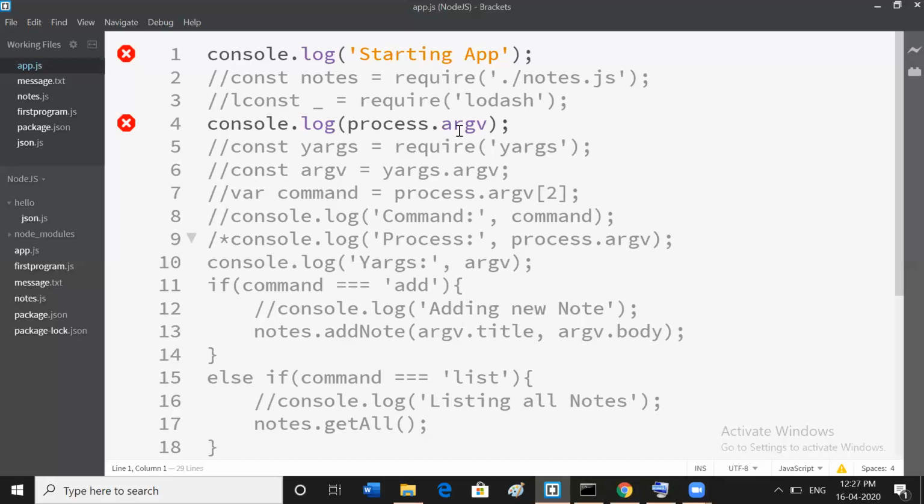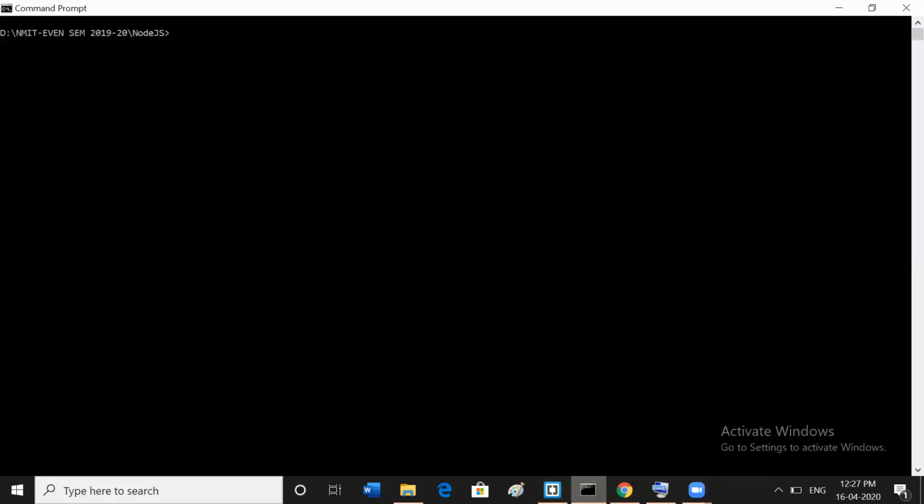So first you go to the command line, and in the command line, first you go to the particular directory. In that node.js folder I saved app.js. How to execute the code, we already discussed in the previous class, that is node space app.js. So first you execute the code, node space app.js. Then here you can pass the command line arguments, the same way as in C.